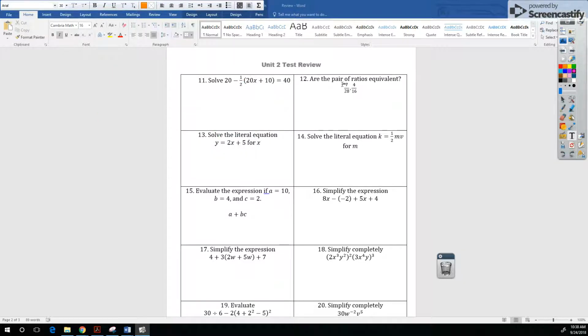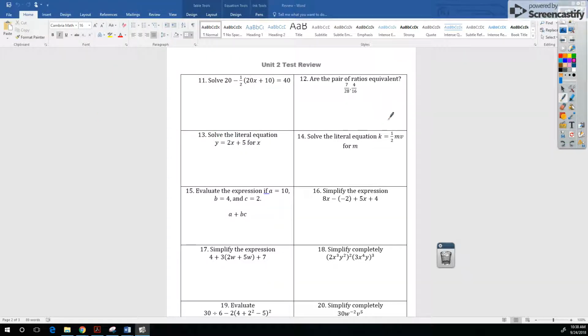Okay. Are the pair of ratios equivalent? How do we know? Well, we can look for some kind of patterns here. So how do we get from 7 to 28? That's times 4. How do we get from 4 to 16? That's also times 4. So that's looking like they're equivalent. Let's look at those cross products. So is 7 times 16 the same thing as 4 times 28? Well, let's see. 7 times 16 is 112,